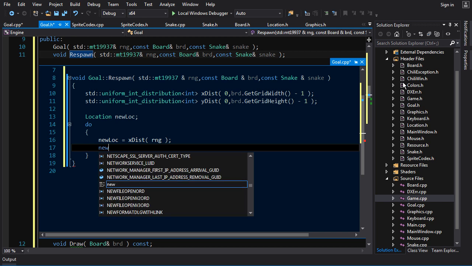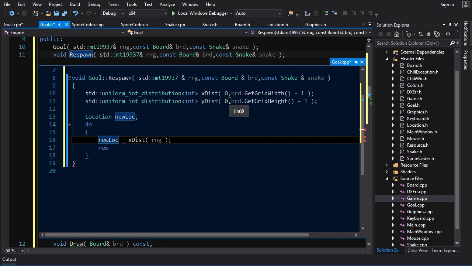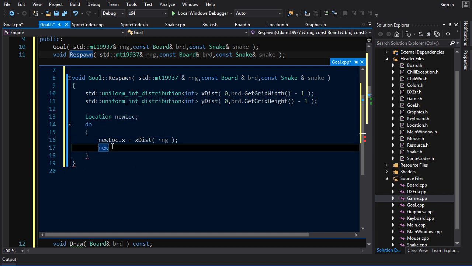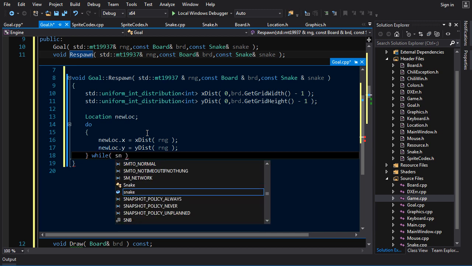And wait, that's not good. New location dot x. That doesn't make any sense, you can't assign an integer to a location. So new location dot y is equal to y distribution rng. And we're going to do this while snake dot